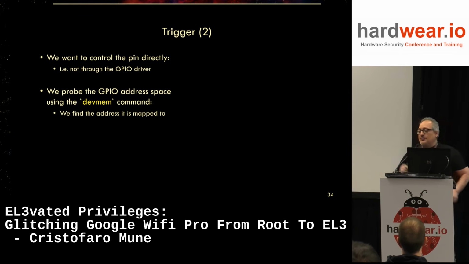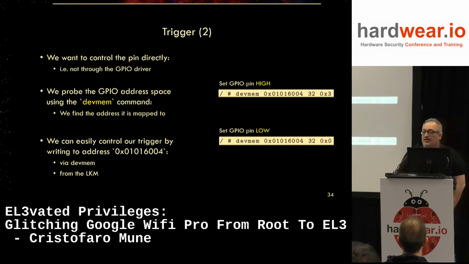So we just probe the GPIO address space with devmem. We just write 1, 1, 1, 1, 1, 1, 0, 1, 0, of course, until we see a toggling on the pin. And that's how we brute force and find the right address for this guy. This is a simple technique, but it works in general. We have been using it not only now, of course. It turns out that we found the address